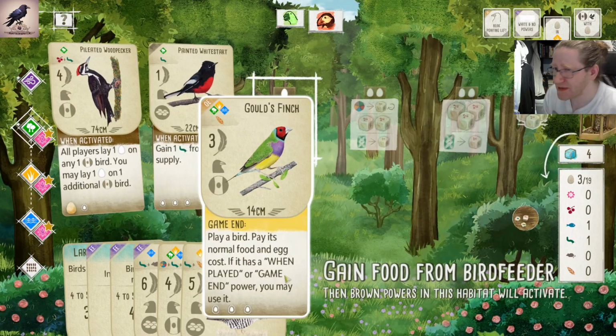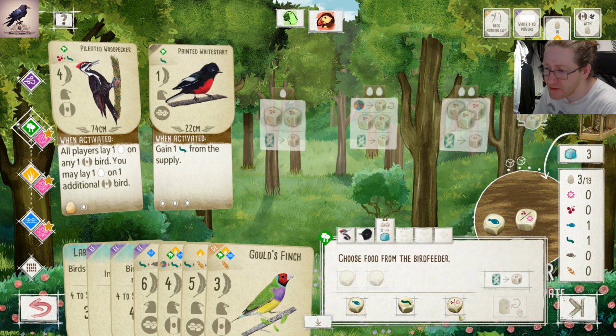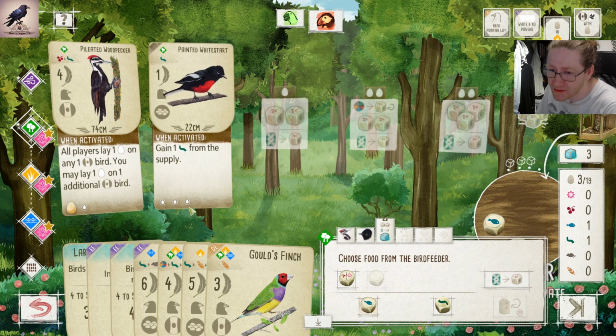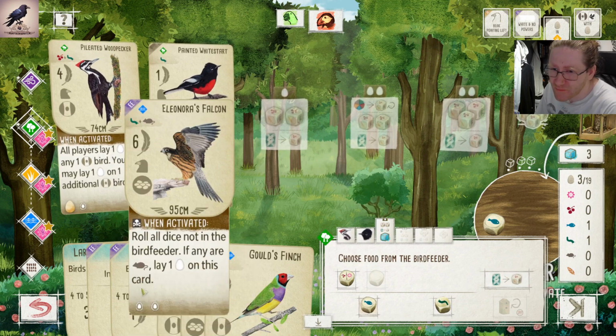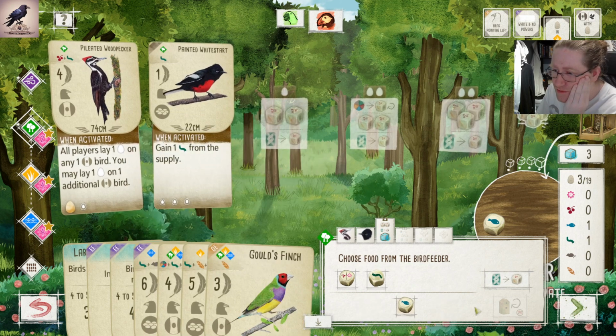So I really love that this guy just decided to pop up here. I'm gonna take a nectar here. I don't think we're gonna sack this guy. We might play that as the bird we're playing for Goldfinch. So let's just